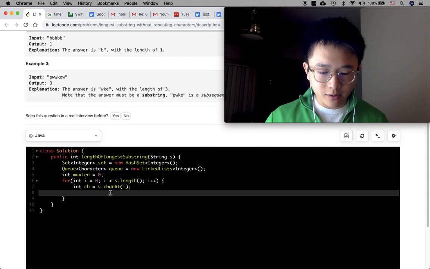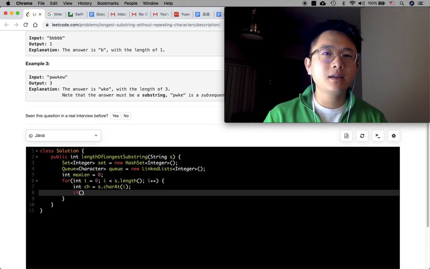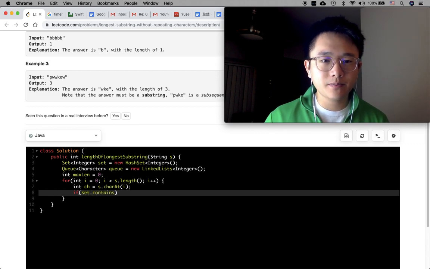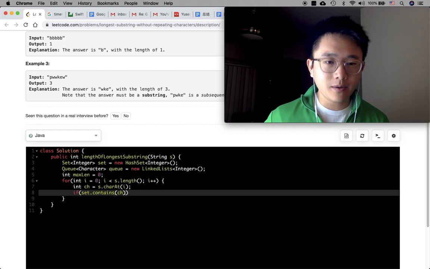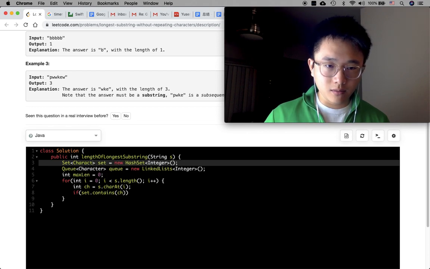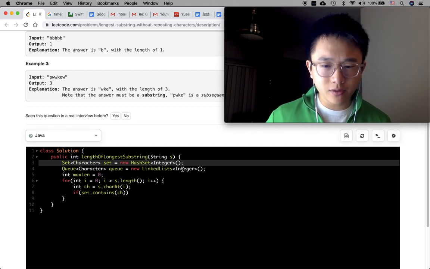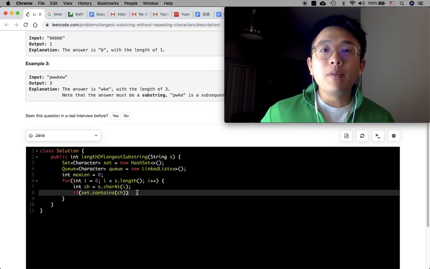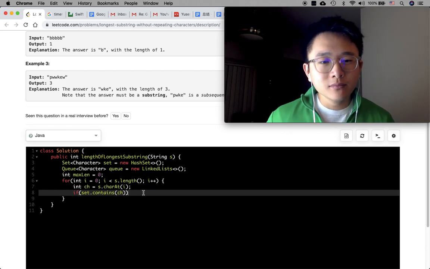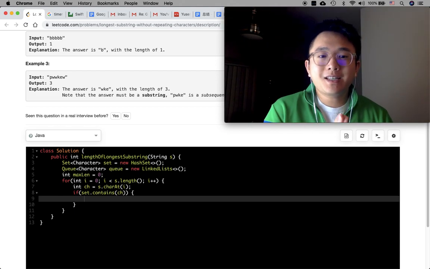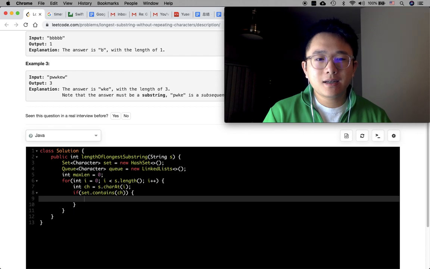Okay, so first of all, we need to check now if this character is contained in the set or not. So first of all, the set contains this, right? Now the set should also be of characters. I don't know why I was thinking of integer. I'm nervous. Okay, give me a break. So if the set contains this character, then